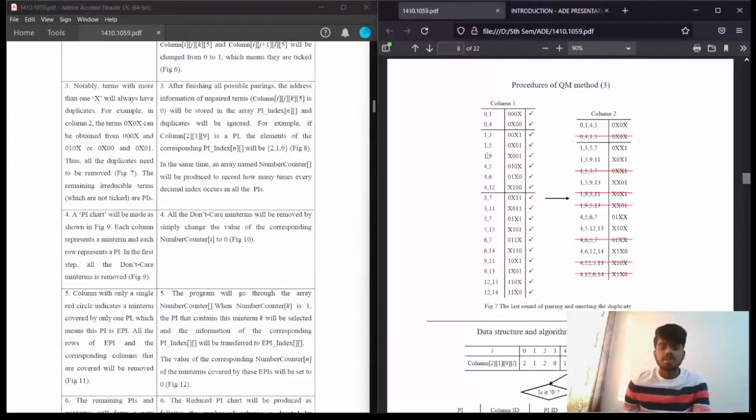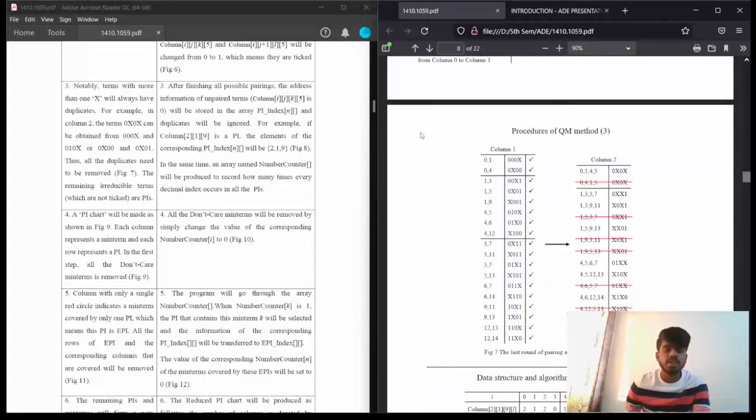So what happens is we can obtain the same kind of terms in column 2 by grouping terms in column 1 in two different possible combinations. That means we are going to obtain two terms which are the same. Those are duplicates, so we need to make sure those duplicates are eliminated. So how is this implemented in the data structure part?